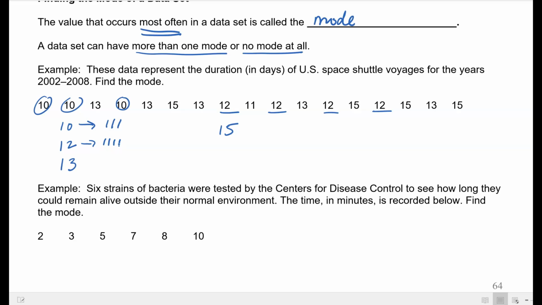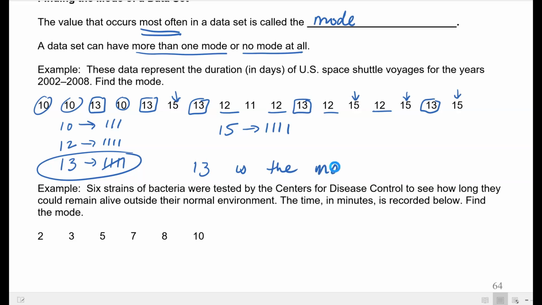It's looking that 13 repeats 1, 2, 3, 4, 5, and then it looks like 15 repeats 1, 2, 3, and 4 times. Okay, so it looks like 13 is going to be our mode